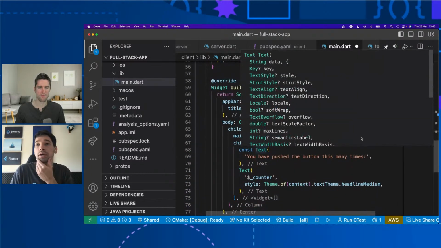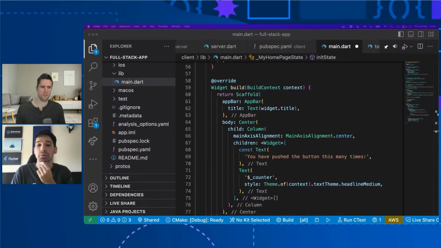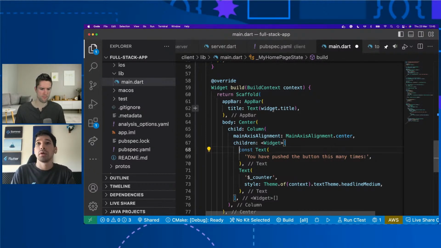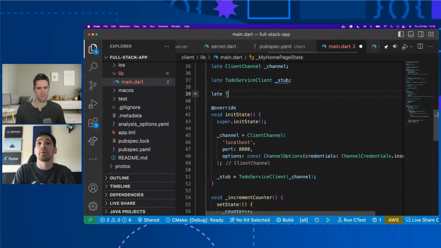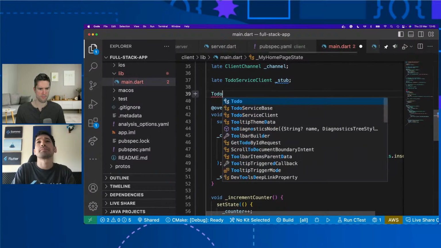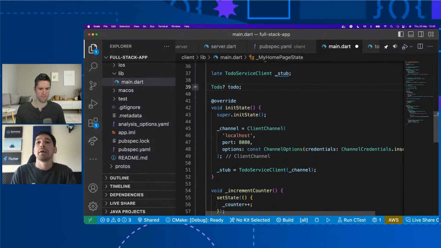We can notice that here we have the basic counter example, right? So what we can do is maybe put a field here to have the to-do here. It's late, so we can display that to-do in our main screen if we have one. That's why it's nullable.